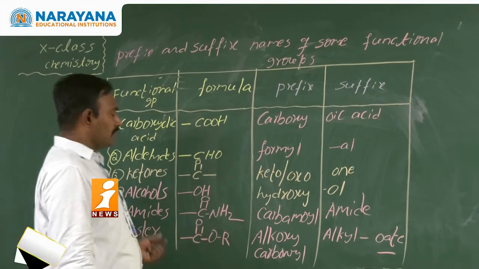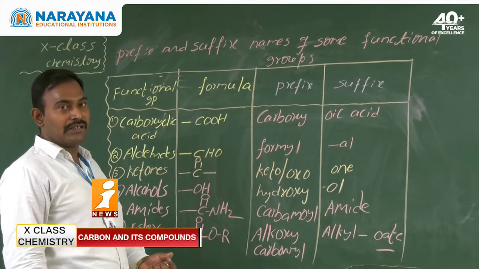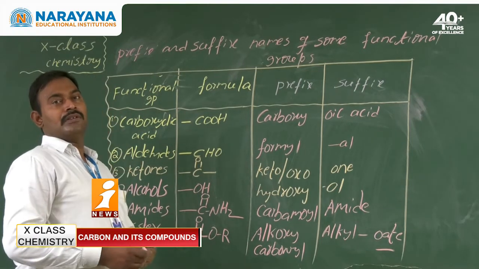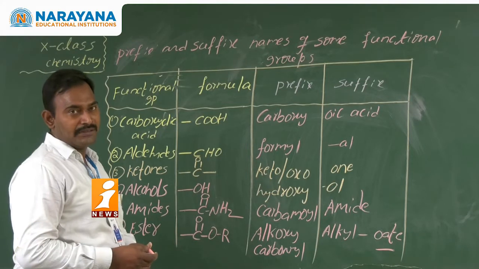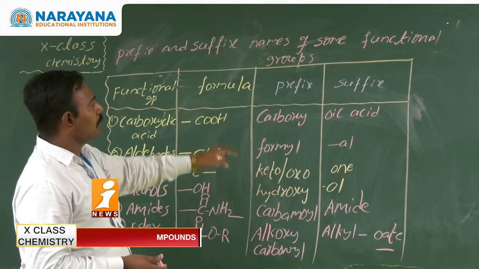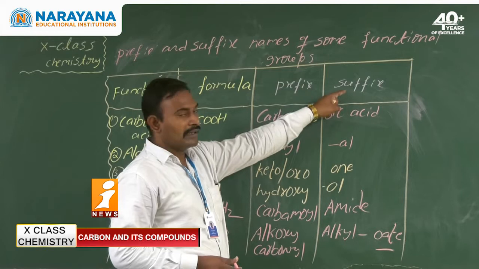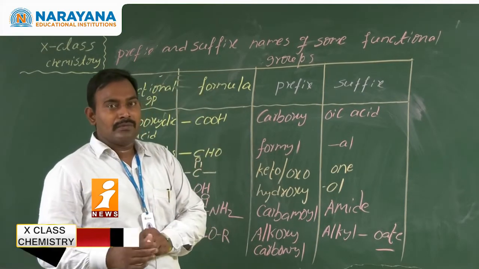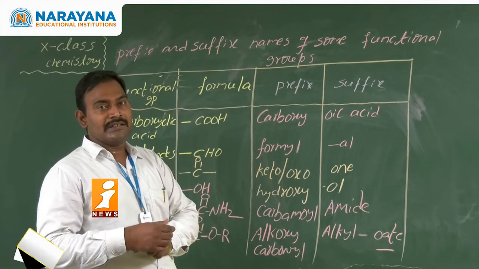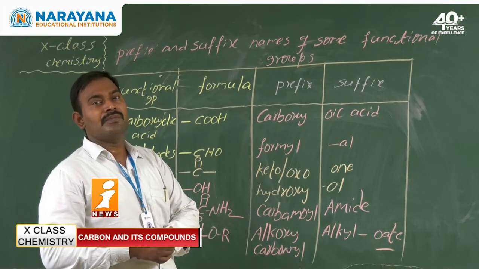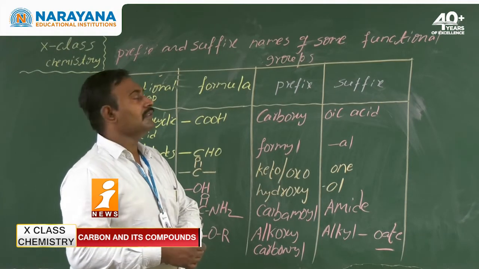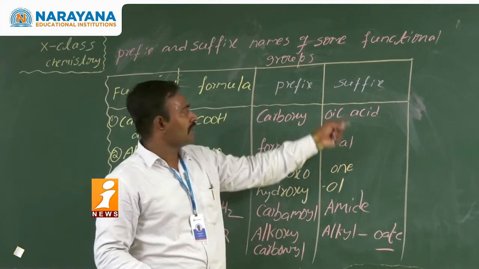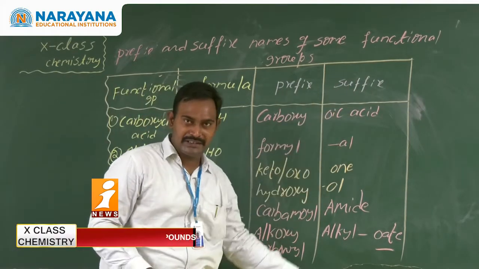Along with this, cyanide is also present. Functional group CN. Prefix is cyano. Suffix is nitrile. Special name is carbonitrile. We use the suffix according to priority order. That means only one functional group is considered as the secondary suffix, and all the remaining functional groups are considered as prefixes. At that time, we have to allot the prefix names. In case the functional group is considered as a suffix, we have to allot the suffix names.